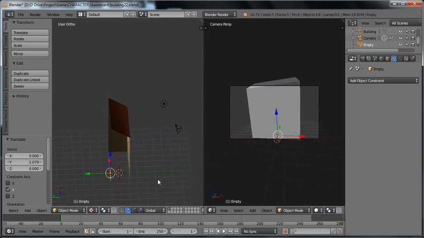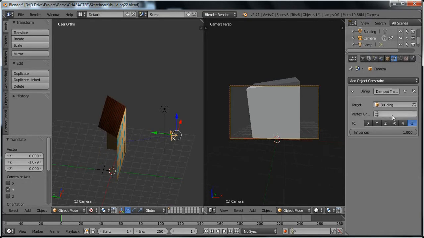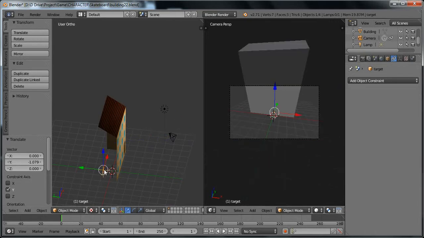So what you can do is name this object as target. See, the empty object is in this viewport. You can name it as target. So now this is our target for the camera. Just select the camera, go to the target and select the target, and it is targeting the empty object.